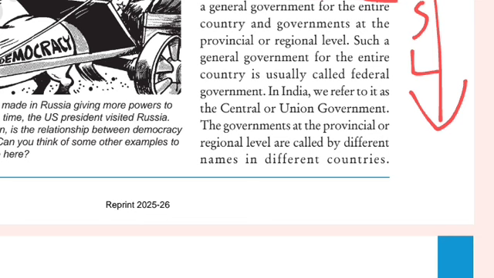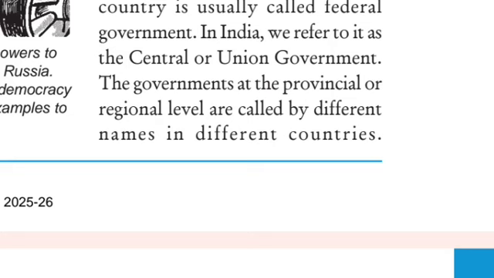Governments are at different levels. They are not having equal power in any context, right? They have their own specific jurisdiction, and they can take their own decisions within their particular jurisdiction. Like in the case of India, we have a government for the entire country, then a second level for the state governments, and then further local government. And in local government there are two divisions: panchayat for small villages and municipalities for big cities.